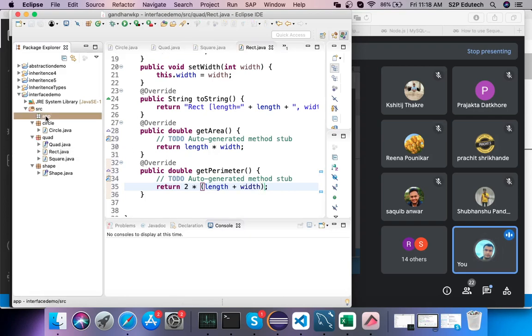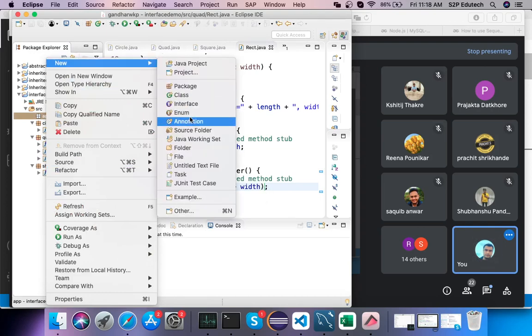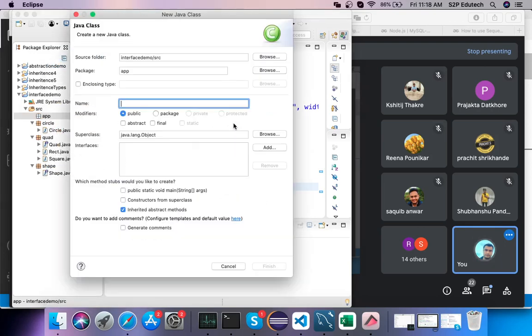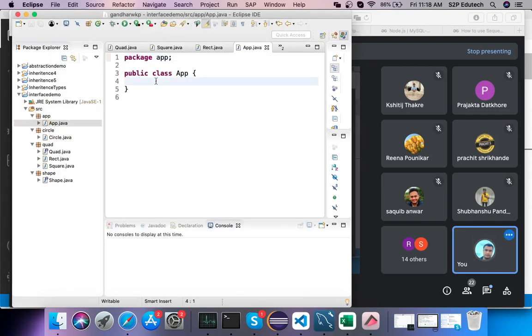Now in my app, what I'll do is I'll have class app, and in my class I'll have a main. So I'll say public static void main string array args. Right, this is one thing which I am having.